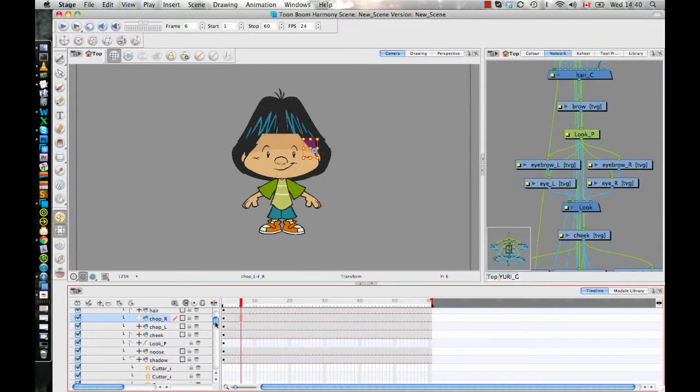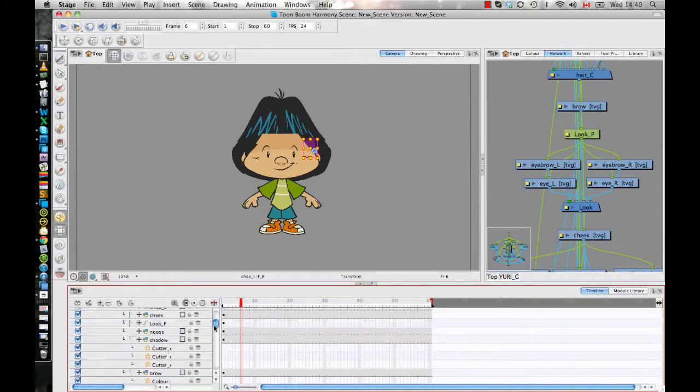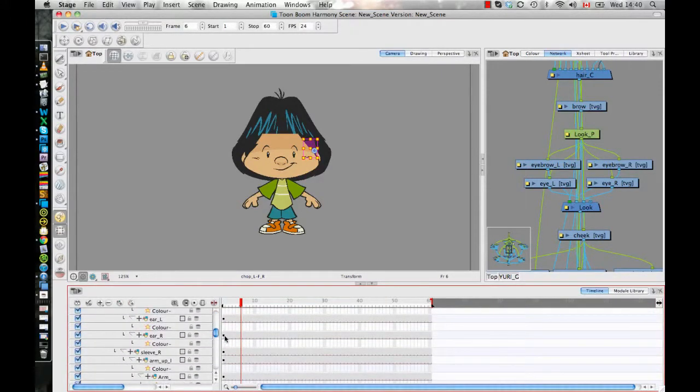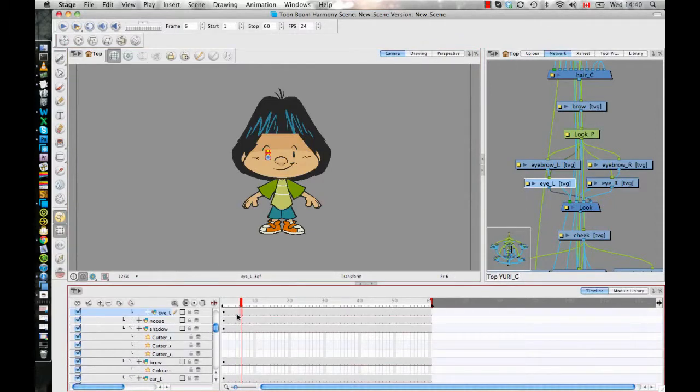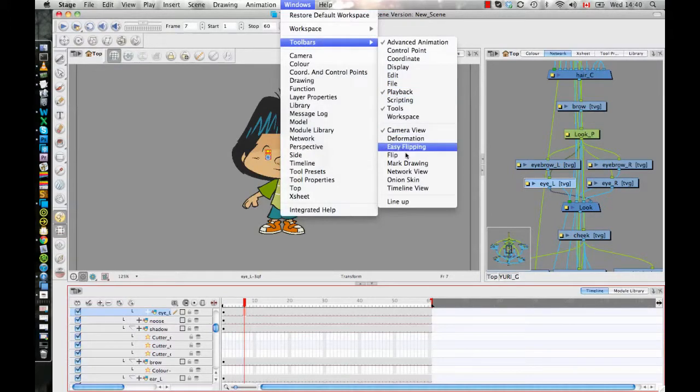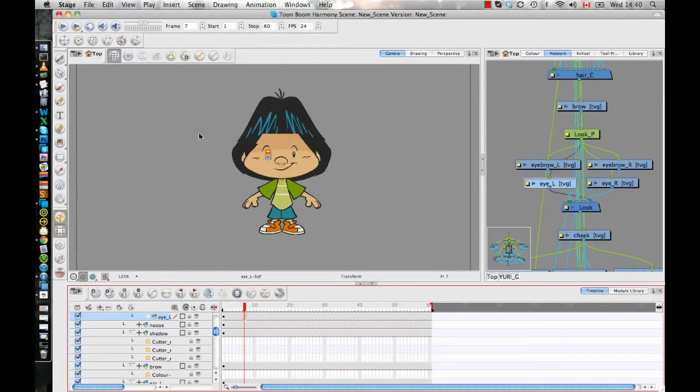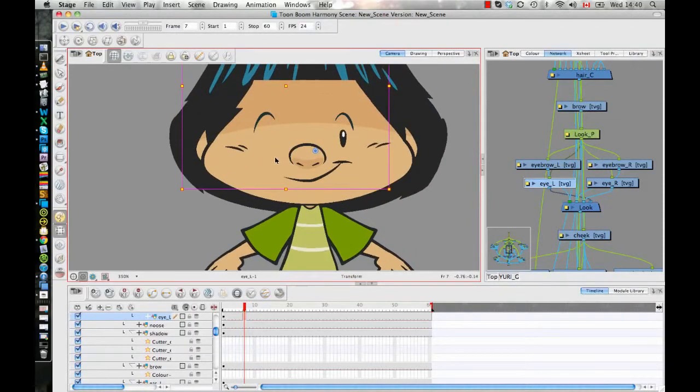Let's take one of these facial features. Let's take the eye, and I'll just search for it down here. If I want to create a new drawing for that eye, I can turn on my timeline view toolbar, which I like to use because it's easy and visual, and I can duplicate the drawing, or I can create an empty drawing. So I can create an empty drawing on that one, and now I can draw my new eye right here,